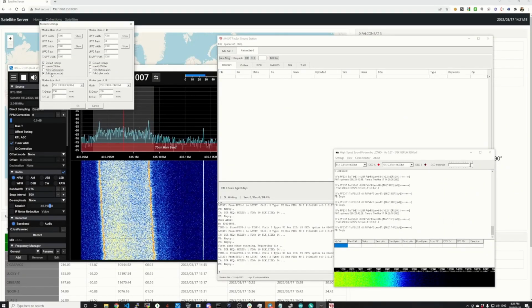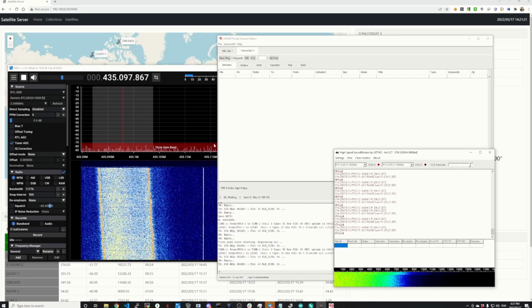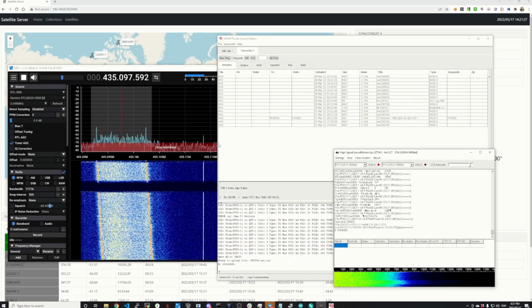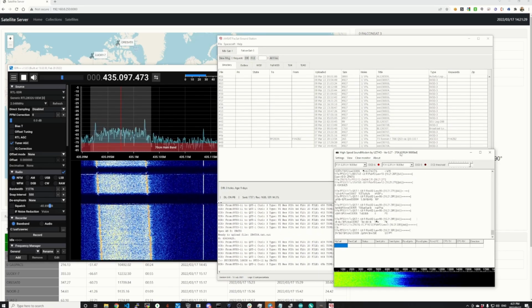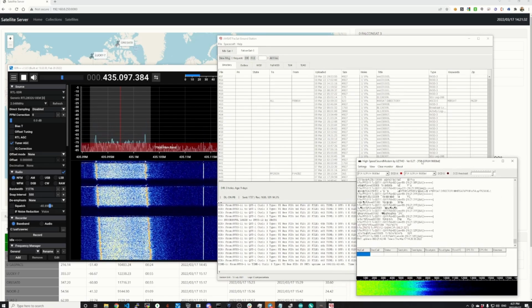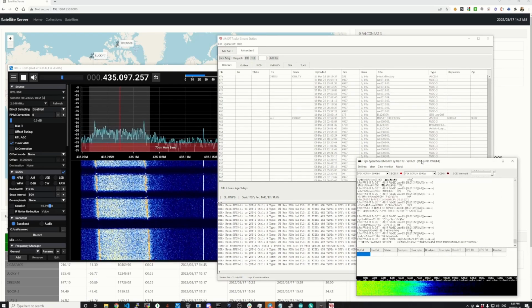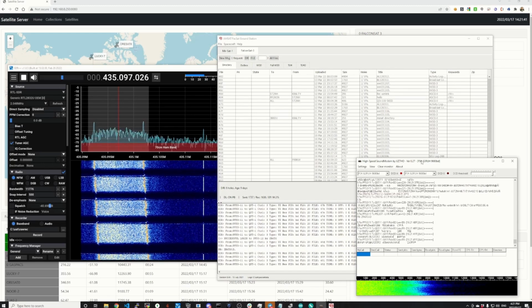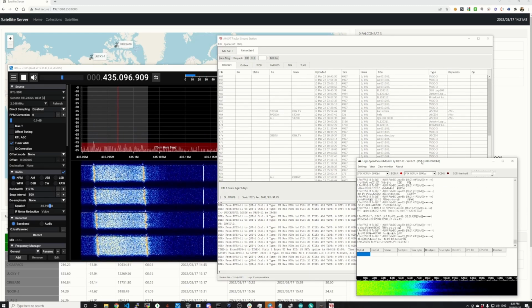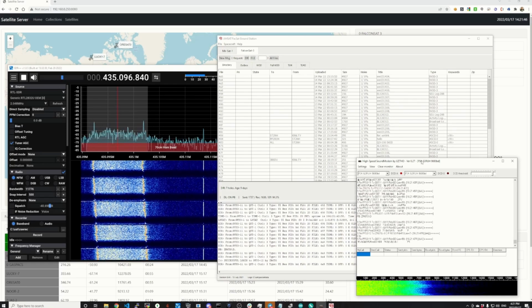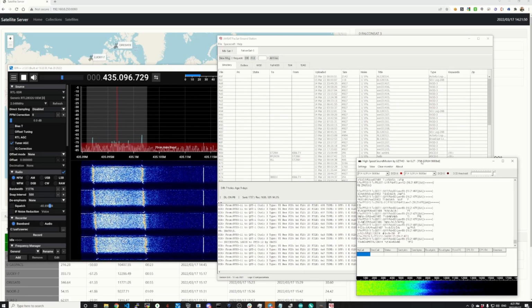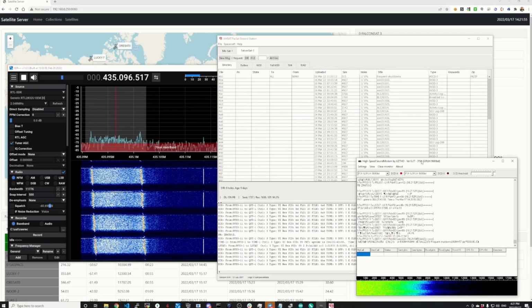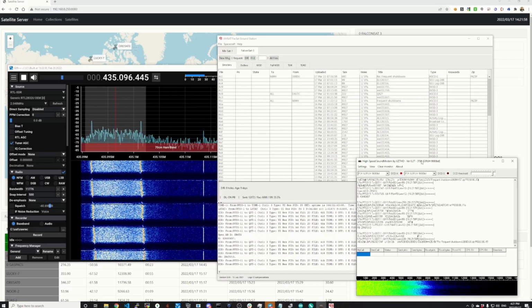Here's an example of receiving a satellite live that's busy passing over my house. This was a video I recorded a while back, so the dates are not recent. But essentially the satellite was called the FalconSat, and you'll notice that as I'm receiving the data, the other software is busy demodulating and decoding the data. This specific satellite is almost like an old school BBS, where you can upload messages on the bulletin board and also download messages again. So you could essentially leave a message on there for somebody else on the other side of the world. It's just a fun example of one of the things you can do with these kinds of satellites.